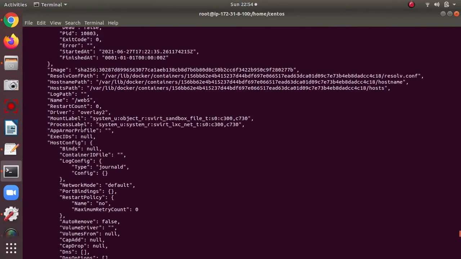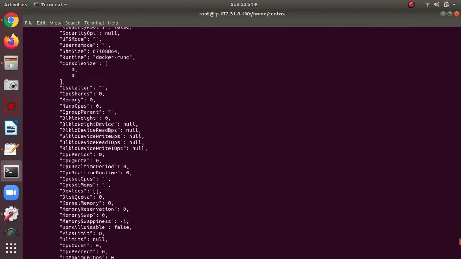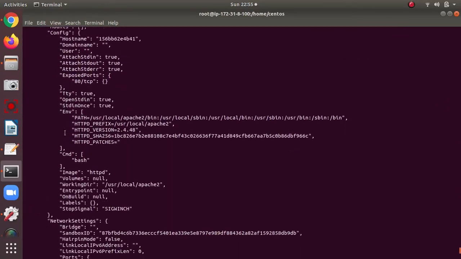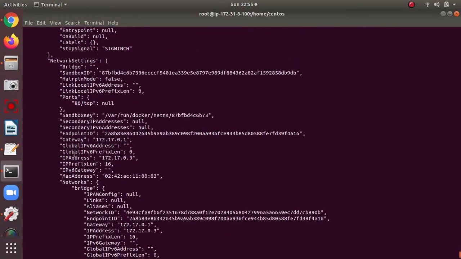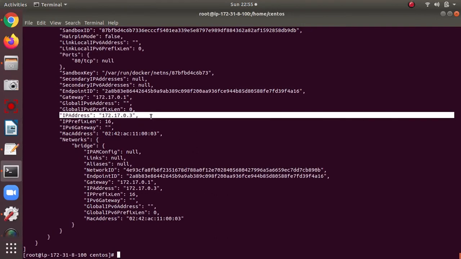These are all the metadata of the container. I need to see the IP of this container. The IP address here is 172.17.0.3.